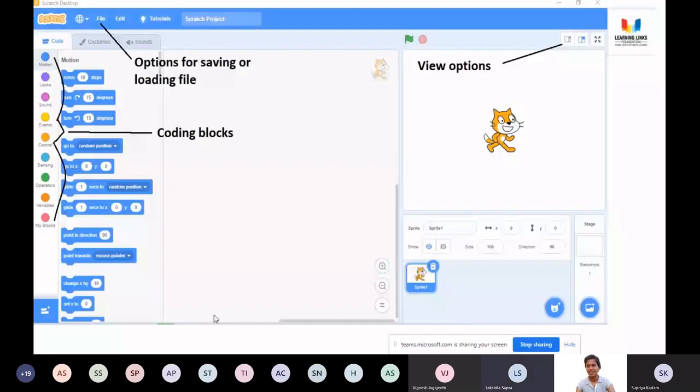Ma'am, I tried to record a video in Scratch. It was working, but only my voice was not coming. So that was an issue. Okay, we'll sort it out in the further sessions, okay? That is excellent work done by you, Lakshita. Thank you, ma'am, very good. I'll try again to make a video, and I'll try to share it with you if I get your ID. Absolutely, you can definitely share it with me.